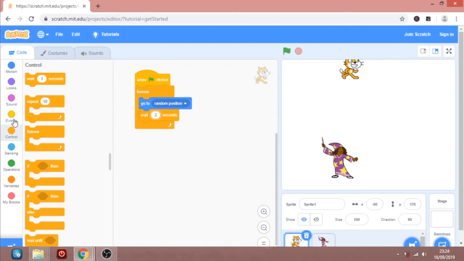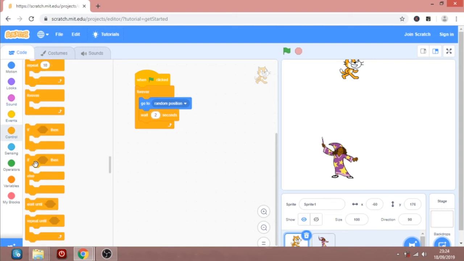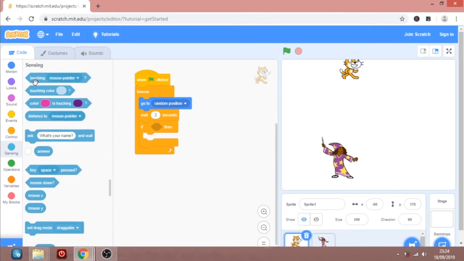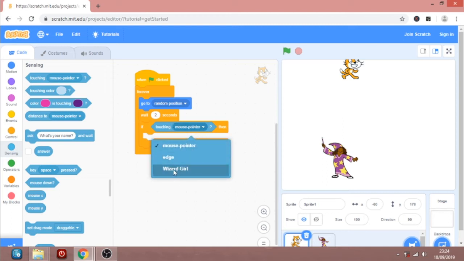So you go to control, and there it is, the if block, right here. I want to put that here. And if we touch it, that's the sensor. If we touch, we go to sensing here, and if touching, we put it just right here. If touching the wizard girl,